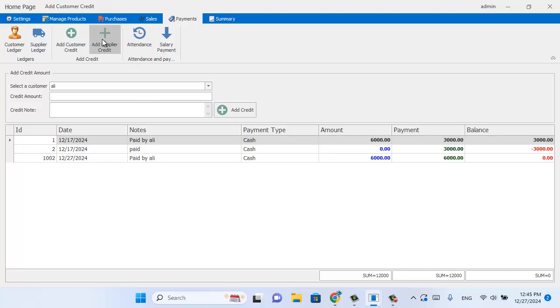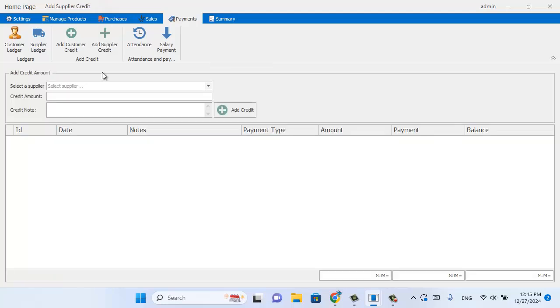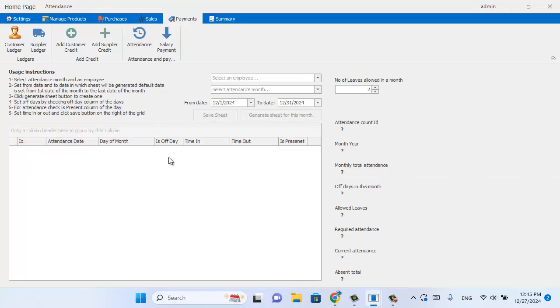And in a similar way you can add supplier credit, so you select the supplier and the credit amount and the credit note. And here is the attendance, and if you have some employees working in your shop, you can